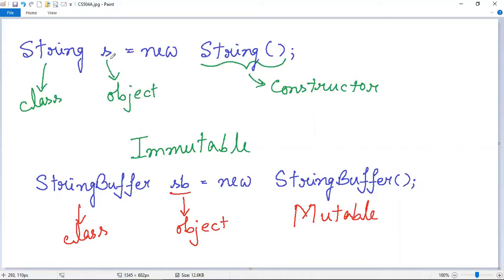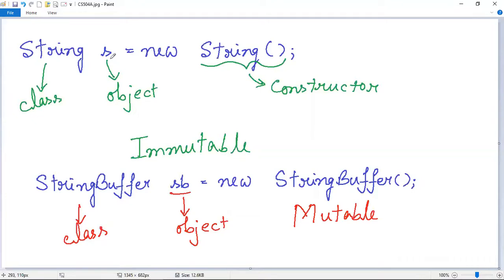Both the objects are very much required in Java programming. You will see later in the next lectures how important it is to use immutable objects in the Java language, and how it helps to write programs more conveniently if you are using immutable objects.